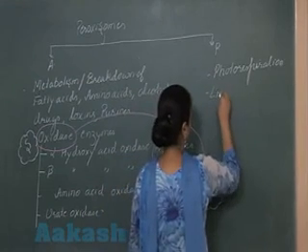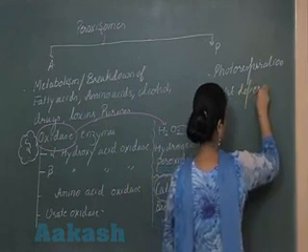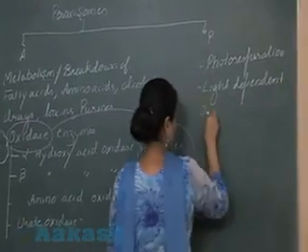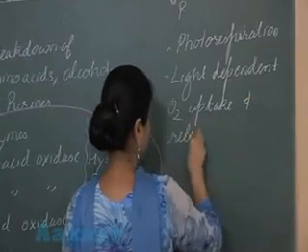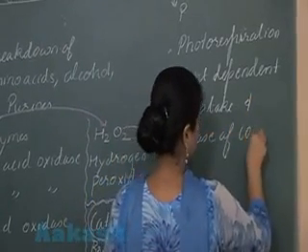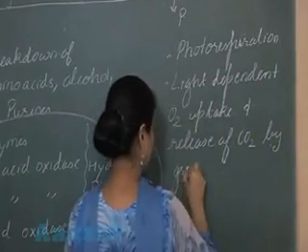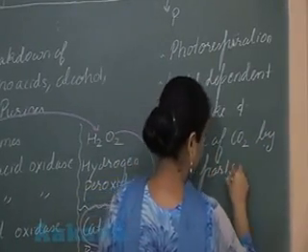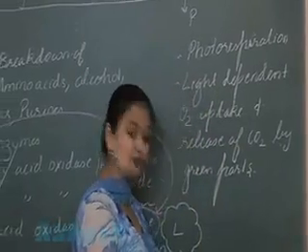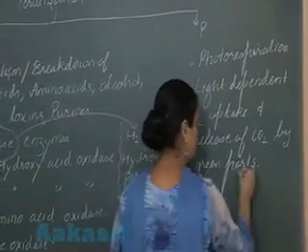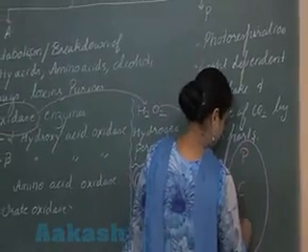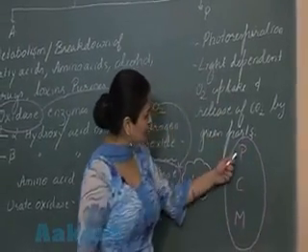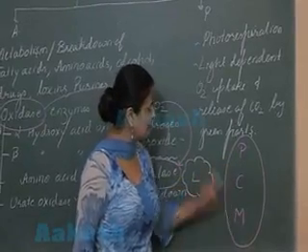It is light dependent oxygen uptake and release of carbon dioxide by green parts of plant। अब इस फोटो रेस्पिरेशन को परफॉर्म करने के लिए देयर इज इन्वॉल्वमेंट ऑफ 3 सेल ऑर्गेनेलीज। फोटो रेस्पिरेशन को परफॉर्म करने के लिए 3 सेल ऑर्गेनेलीज की इन्वॉल्वमेंट है। पीसीएम, दैट इज पेरोक्सिसोम, क्लोरोप्लास्ट एंड माइटोकॉन्ड्रिया।